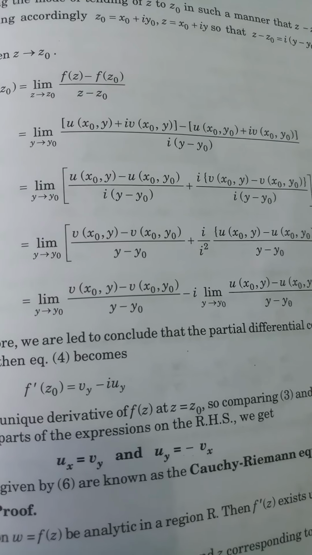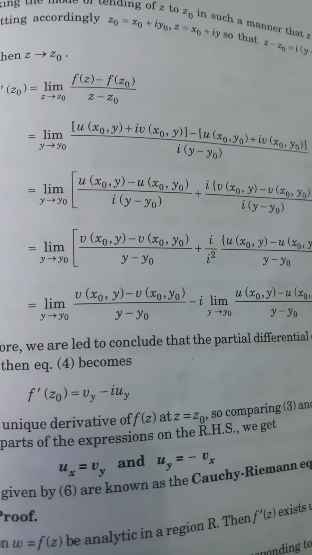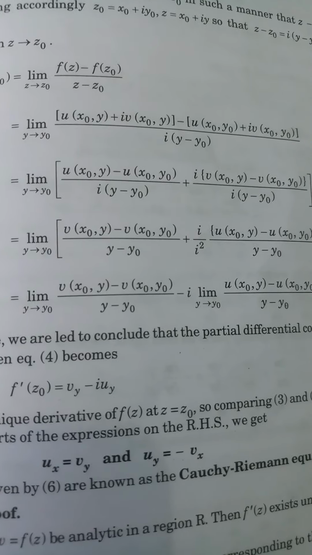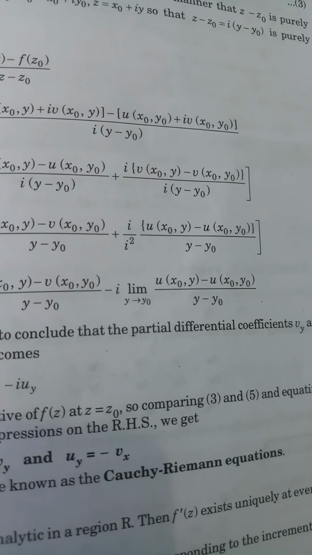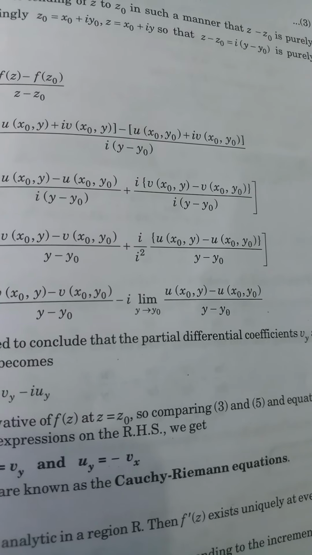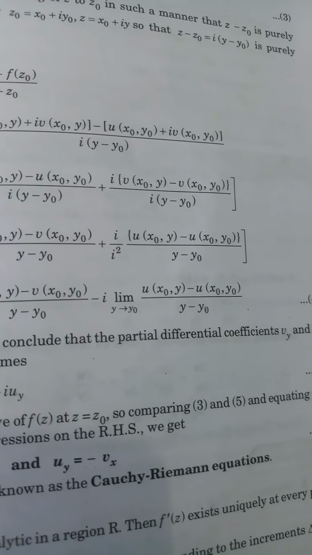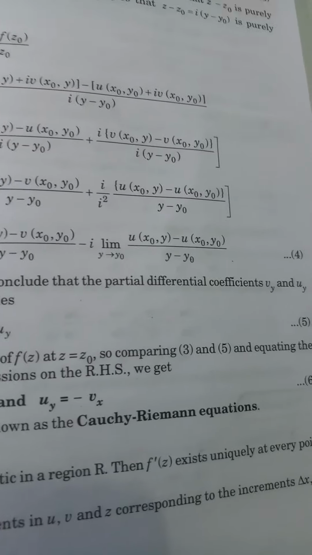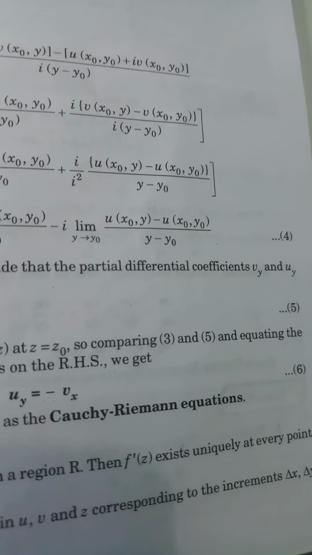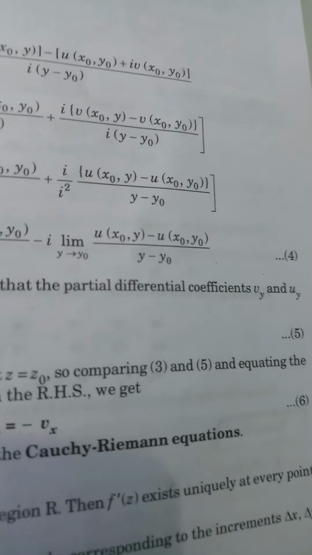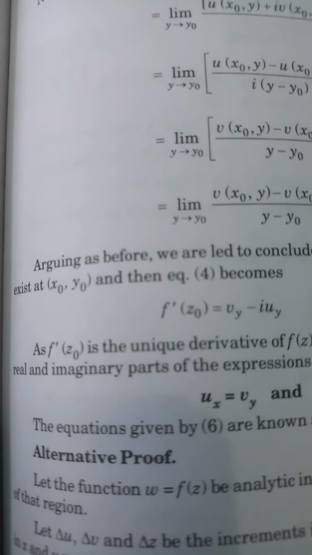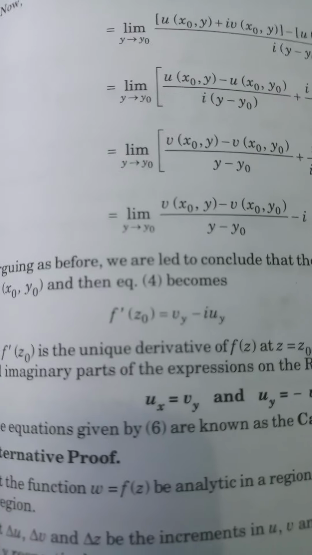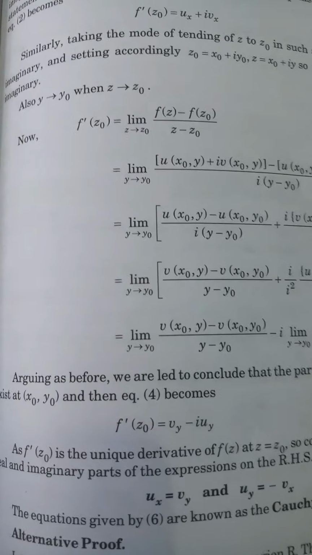The first factor v only changes in y, and the u factor u(x,y) only changes in y, x does not remain the same, minus iota है। Fourth: arguing as before, we are led to conclude that the partial differential coefficients of v and u with respect to y exist at x naught, y naught, and then equation 4 becomes